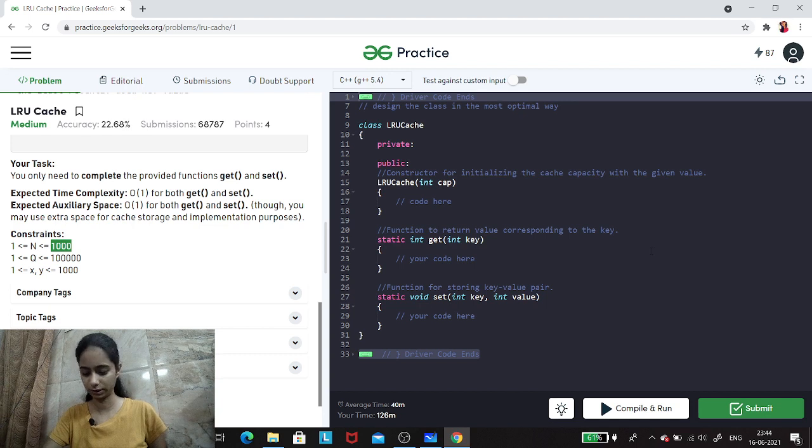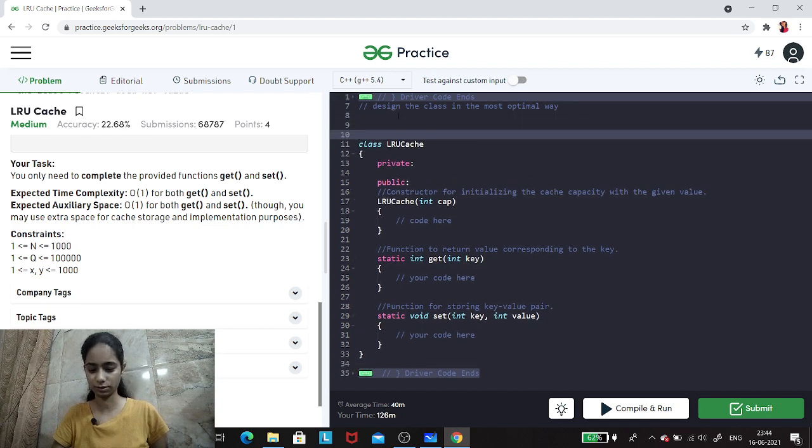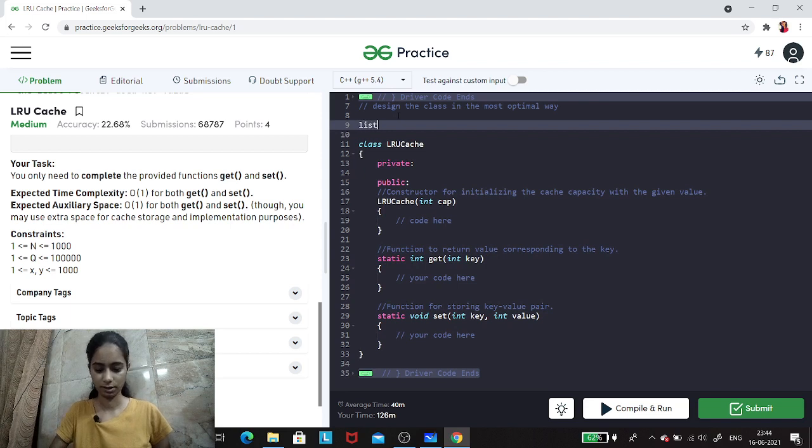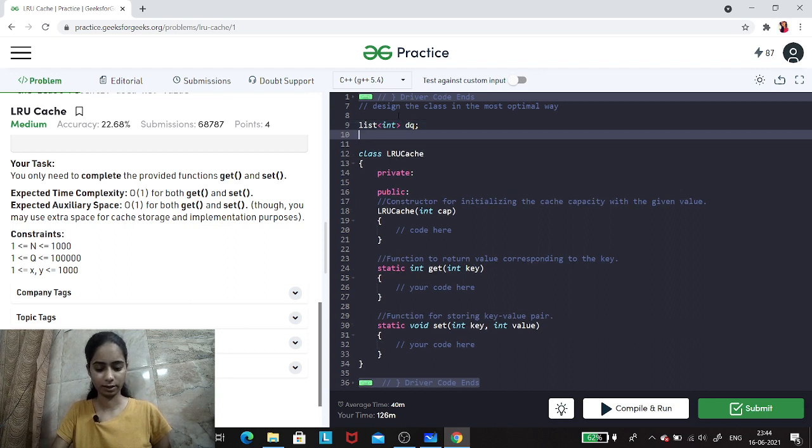See, what we'll do is, we'll maintain a few data structures. Firstly, I'll be maintaining a list, let's call it DQ, and then again I'll be maintaining an unordered map where my first would be the key and my other would be the iterator, which will be pointing to each element.